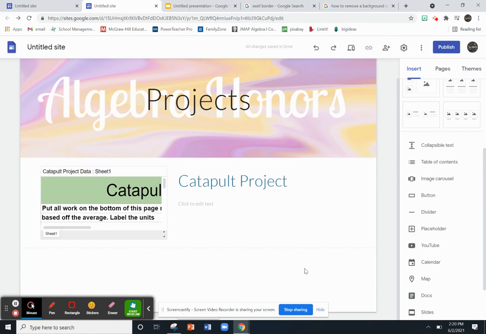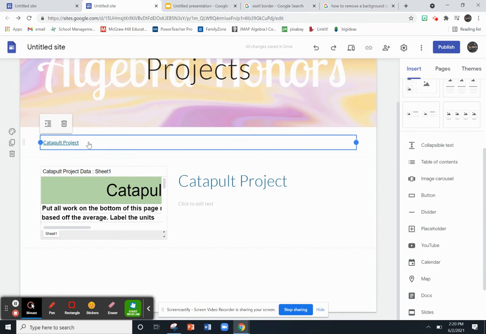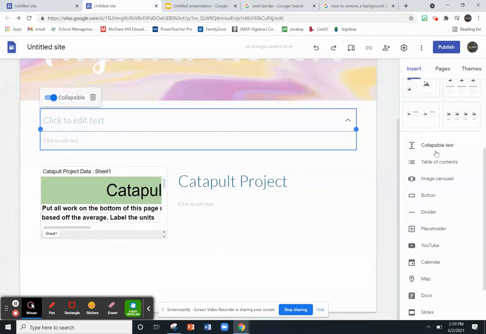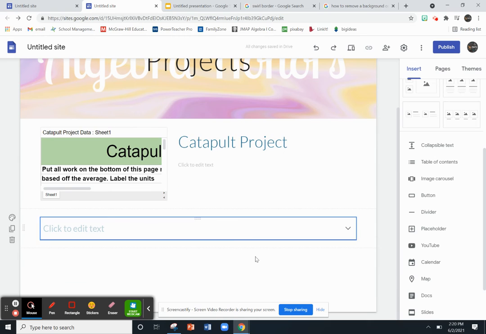Then, at the end, after I put all my projects in, I'm going to want to write a little blurb. So let's see. No, I don't want that. Just trying to figure out where that's going to be. I do collapsible text. I can move this down here because I want it at the bottom. And we could make this uncollapsible